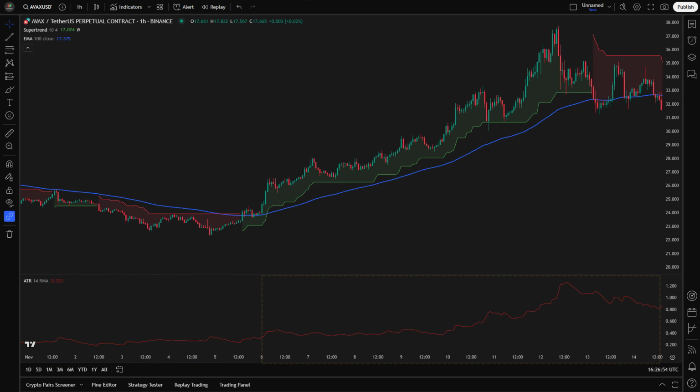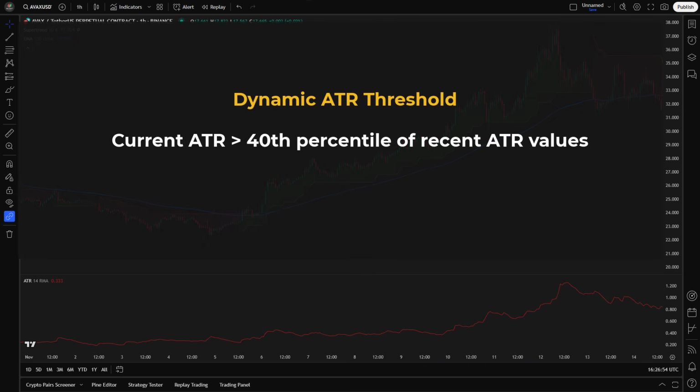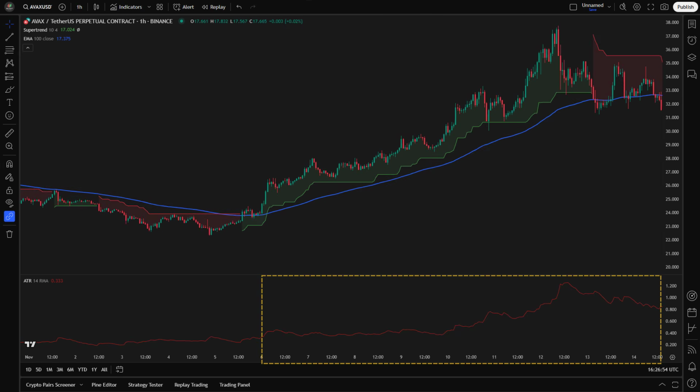When ATR is low, the market is likely quiet and ranging. When ATR is rising, it may signal that a new trend or breakout is starting. Instead of using a fixed number, we'll use an ATR quantile, like the 40th percentile, as a dynamic threshold. This way, our strategy adapts to changing market conditions. In short, we'll only enter trades when volatility is higher than usual compared to recent candles, helping us avoid choppy